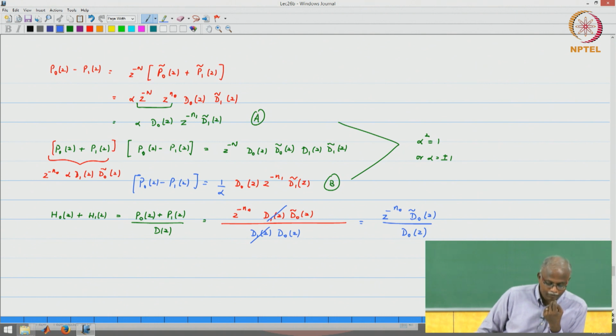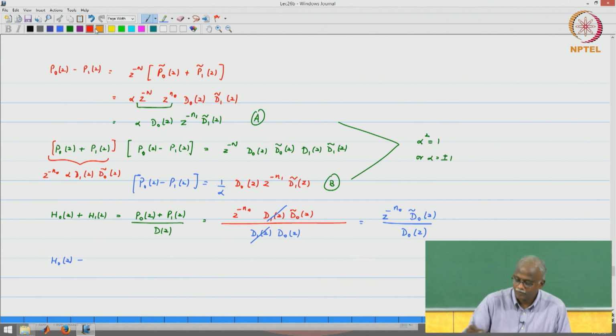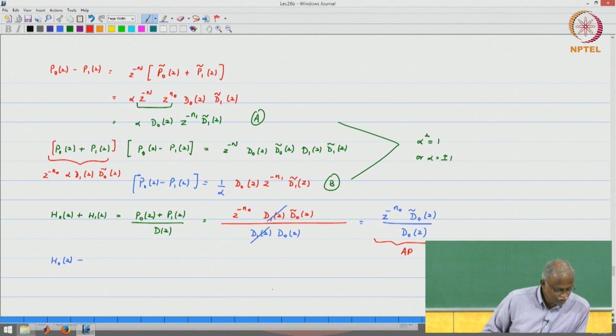D naught of z. Likewise, please verify that h naught of z is an all pass function. Now,